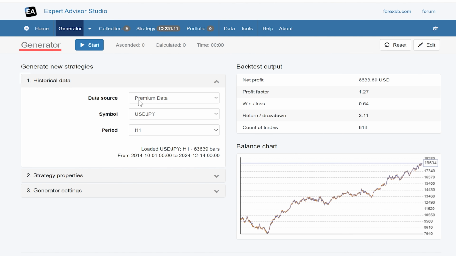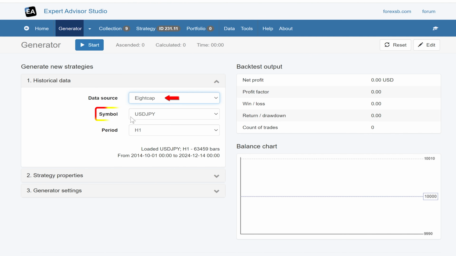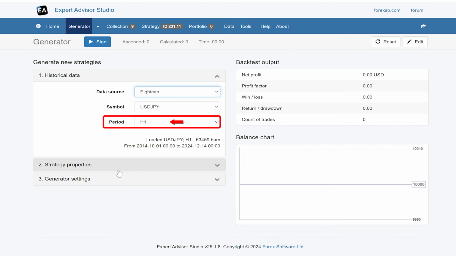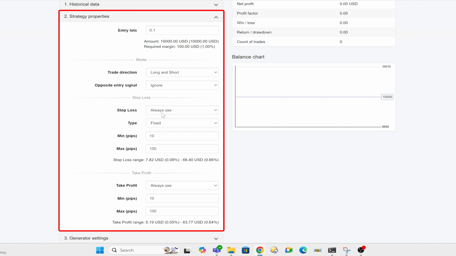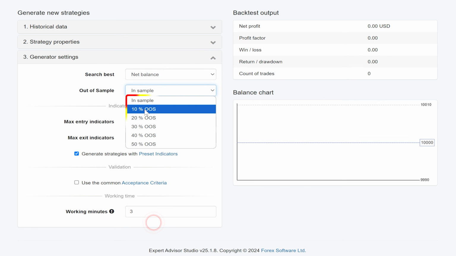So the generator allows us to select the data source. So we've got different brokers. In this case, I've used Eightcap, and then I've selected the symbol USD JPY, H1 time frame. We give it parameters we want to use. So we're giving it ranges. It's going to trade long and short. We're saying we're wanting to use a stop loss always fixed, and between these values,